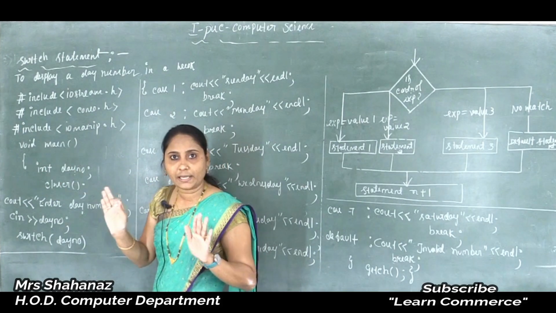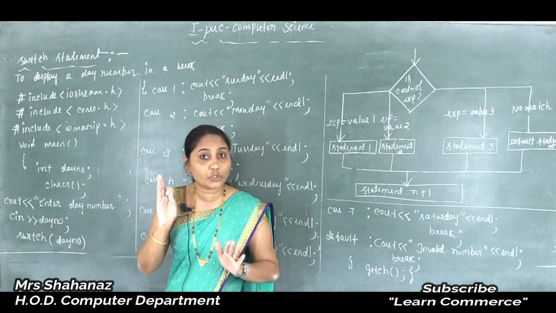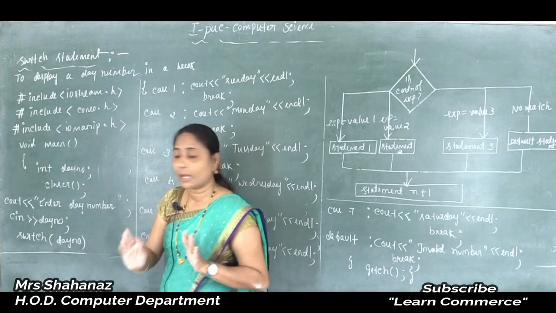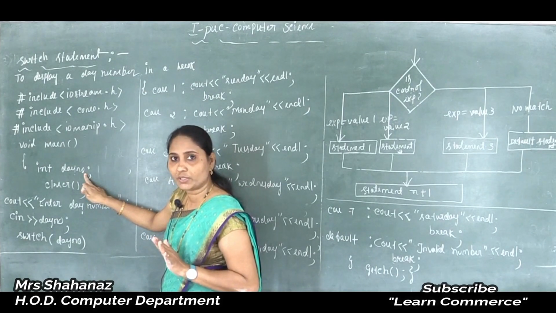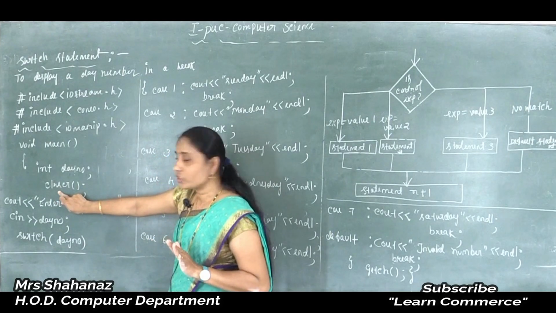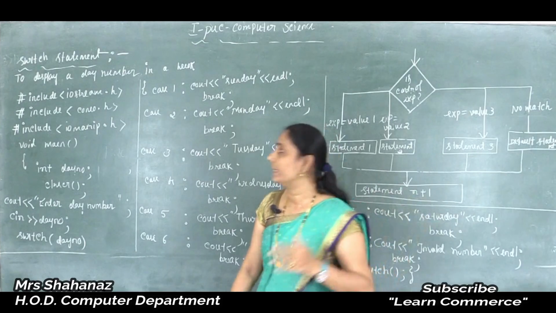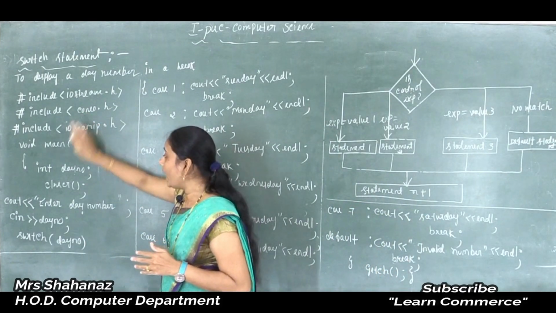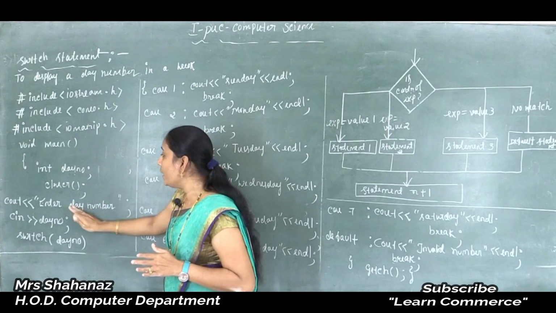Just by using the day number, it's not possible to declare the variable. Whatever the variable is, it is going to be declared based on its suitable data type. And later every statement is going to be closed or terminated by using the semicolon. Clear this one? Okay, now for the function, the name of the function is clrscr. For that we already wrote the header file. The header file is conio.h here,